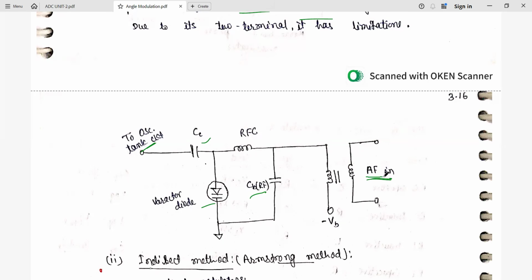So here you see that the AF input is given, and the tank circuit diagram is not drawn here. Our output, where are we getting it from? From the tank circuit. So this is how we are able to generate FM by using the direct method and the indirect method. In the direct method, we have seen that the reactance can be capacitive or inductive. We have seen this with the help of FET, BJT as well as the varactor diode, and the indirect method we have seen by using the